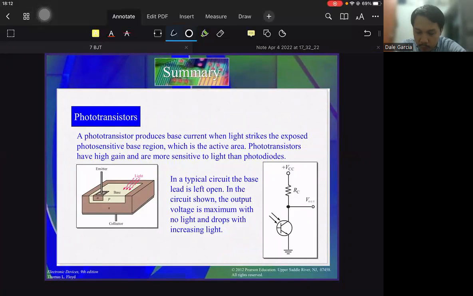So one practical type of BJT transistor is the phototransistor. Okay? So why did I say practical? Because most instrumentation circuits that require a proximity sensor use a phototransistor. So it will be exactly the same as the usual transistor, but